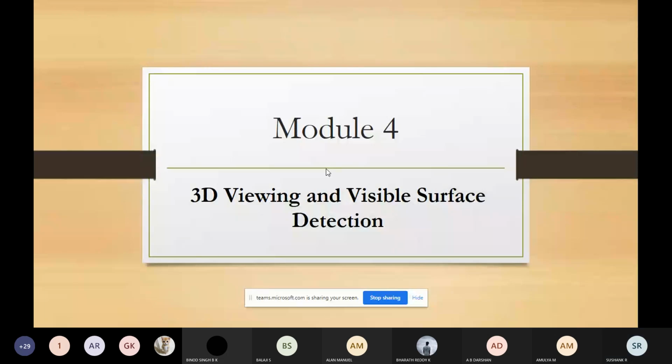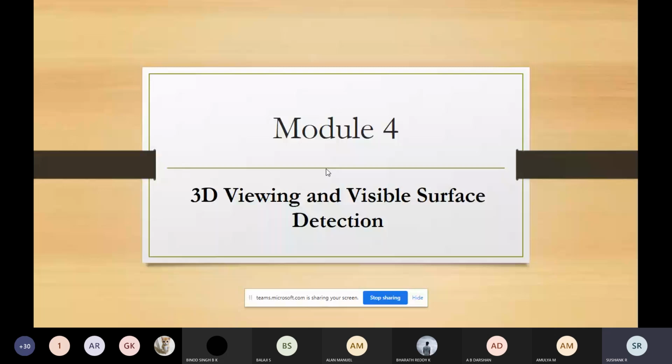So here we will see how we are going to capture those 3D objects, how we are going to represent them, or how we are going to model them. This entire module will talk about how you view the 3D objects and how you model them.